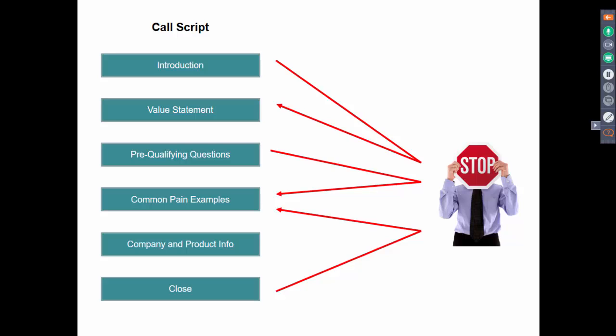Now, like I said, I showed you a bunch of objections and a bunch of responses, but the reality is that if you build your call script from our sales pitch approach, then all those objection responses are already part of your pitch and part of your script. So if you were to fully adopt this, what you would be learning is just where to go in certain situations. You know that your pre-qualifying questions are the center part of your pitch and your script.